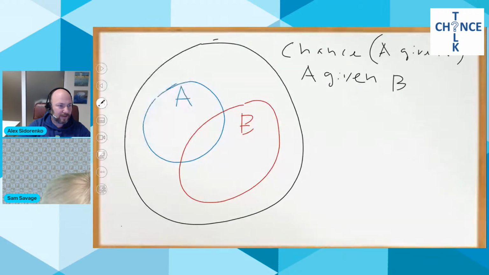Okay. So we know we're in B. So we know we're in this red ellipse. What is the chance that we're in A? Well, duh. We know the dart lies in here. It's just the ratio of the area of this little region in here, which is you're in A and B, right? So let's make sure we write that in there.